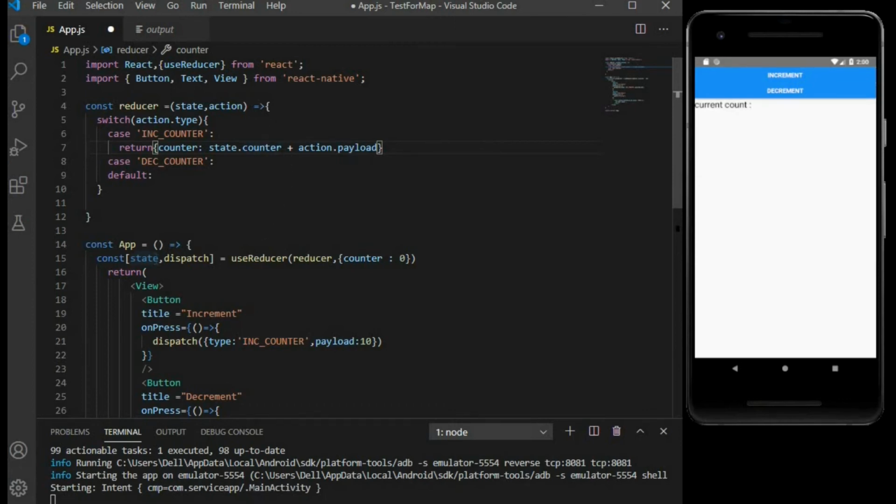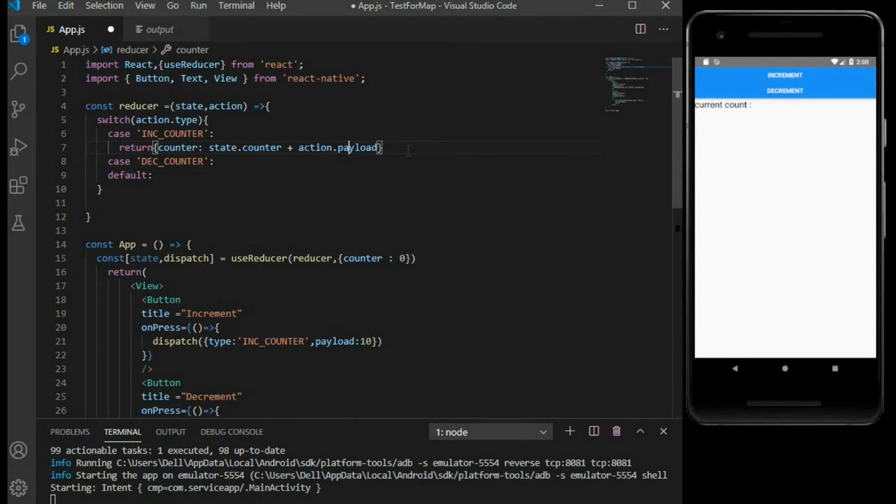As I have given the payload value of 10, it will add 10 to the current state and return it to the counter state. As you can see here, we are directly changing the value of our state right now. We are directly changing the value of counter here. So we cannot do this. We cannot change the value of our state directly.